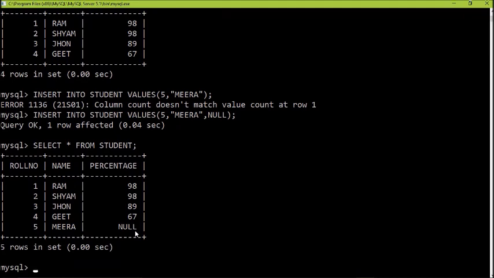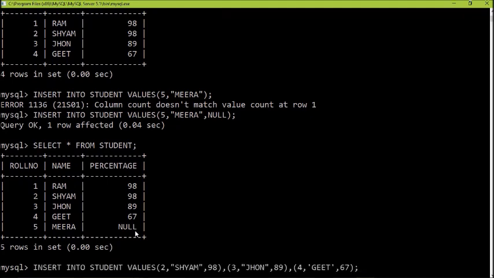Now let us say I want to enter another student, Geeta, and she has also not given exams. She is a new student. So how to do this without giving the marks entry? You don't want to give marks for Geeta. Name is Geeta. Now I don't want to enter the marks, so what should I do? I should write the names of the fields where these two values should go. Where should these two values go? So I'll be writing here